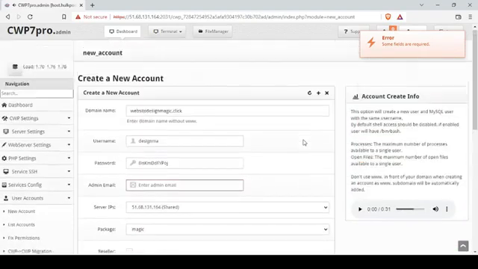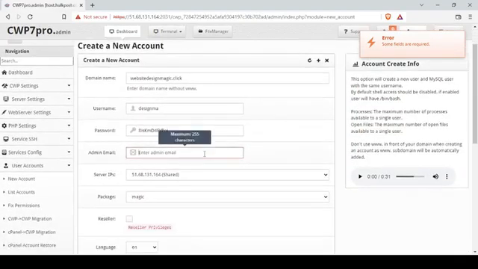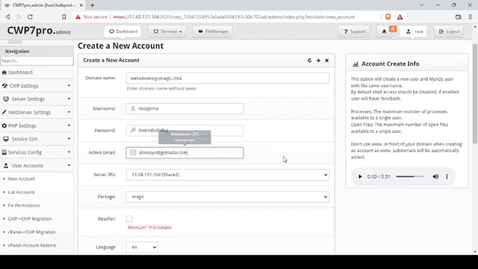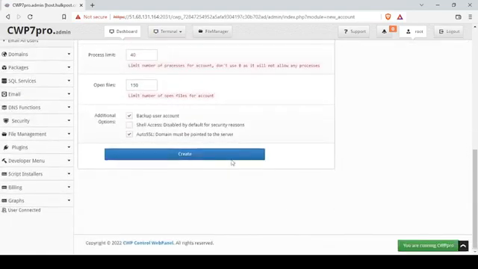Okay, saying some fields are missing. What field did I miss out? Okay, I'm just going to do for here. Let me just put in an email address. So I'm just going to put in a dummy address, and then I'm going to go back and create the